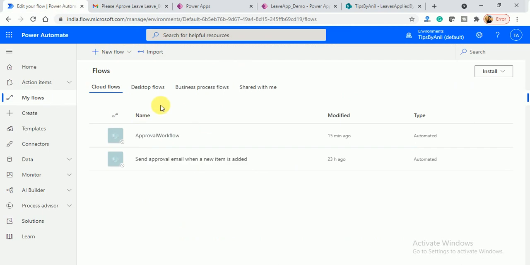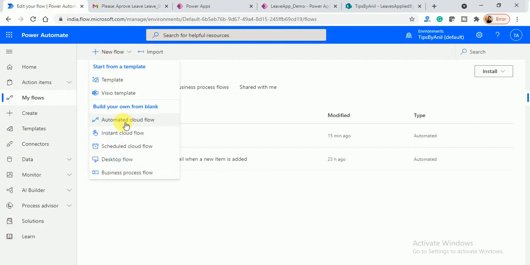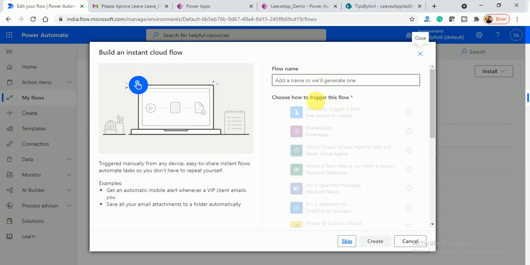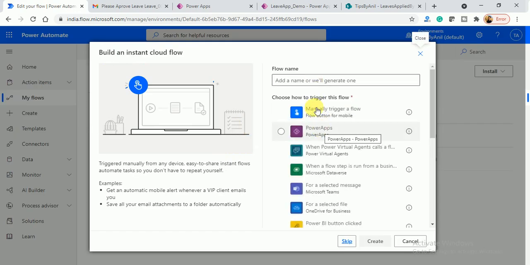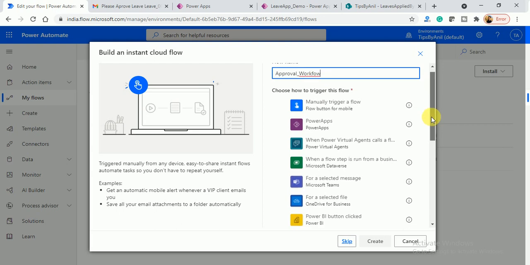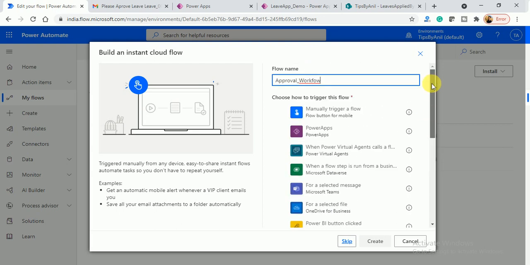We will achieve this with Microsoft Flow. I'm going to create an instant cloud flow. Here I will search for my trigger. This is my flow name.